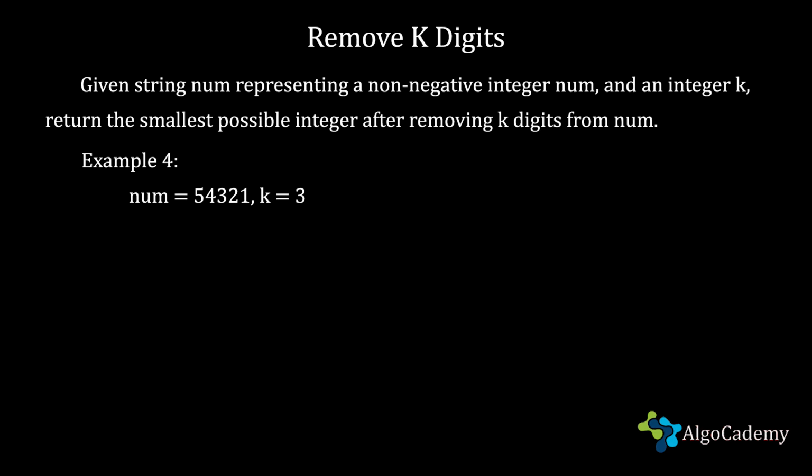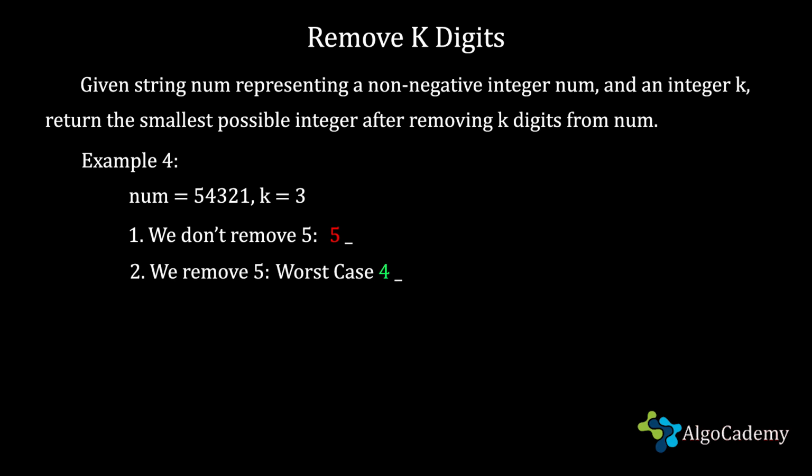Does this hold true for k equals 3? We are going to be left with two digits, and if we choose not to remove the 5, our number will be 50 something. But if we remove the 5, in the worst case scenario, our number will be 40 something, so it's still better. So the solution to this problem might be a greedy one, and we might need to traverse the digits